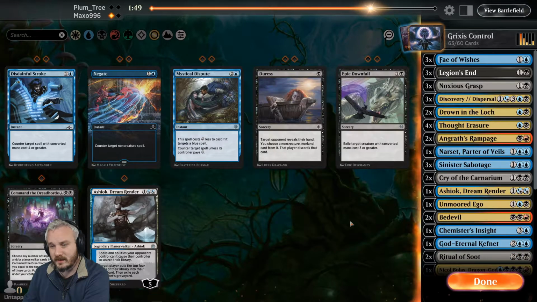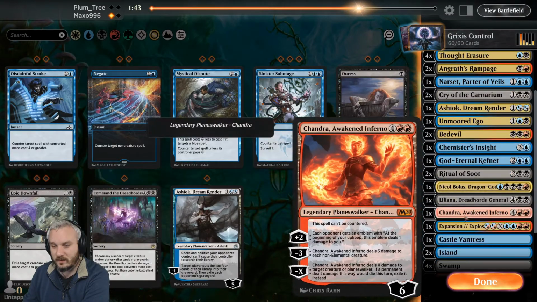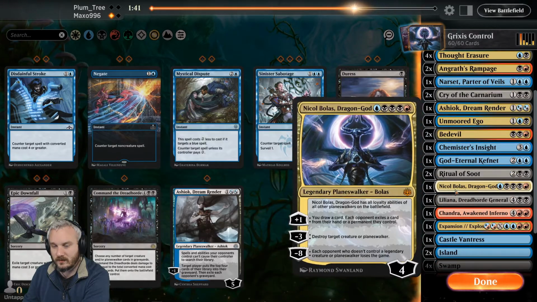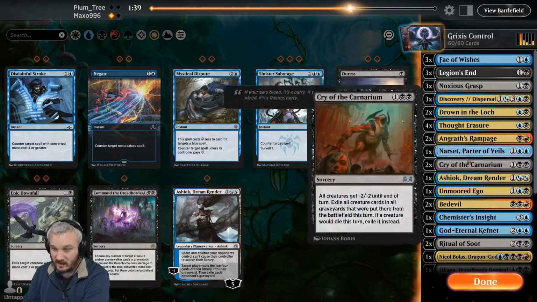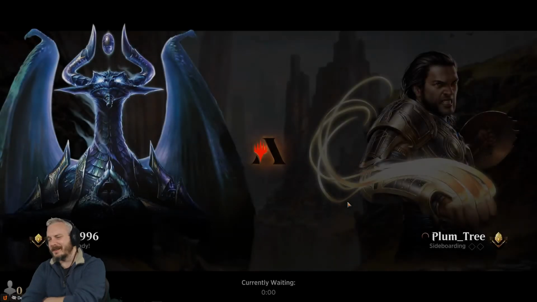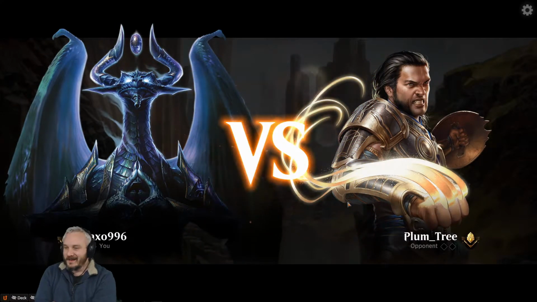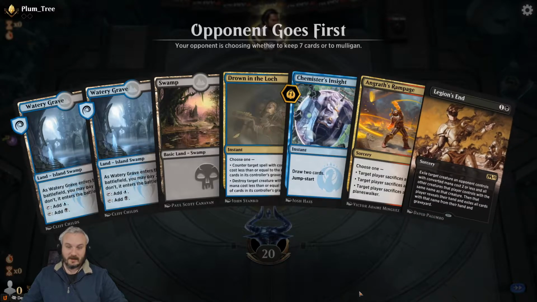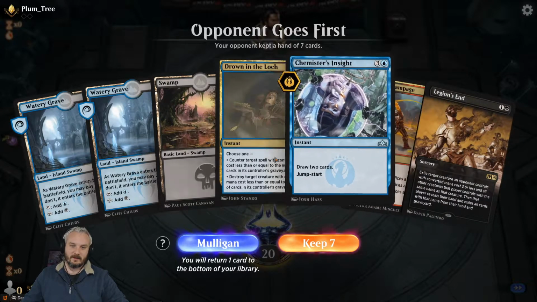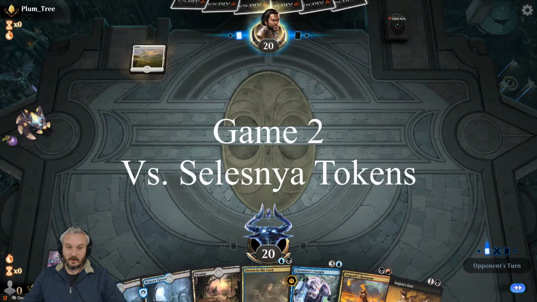Mystical Dispute, I think no. Sinister Sabotage. I think that might be it, guys. 1, 2, 3, 4. Yeah. Yeah, we'll go with that. If we see Unmoored Ego, ooh, it saved us against the Loxodon there. Oh, I knew it. I had a feeling. Oh, that is good to have in the opening hand. That too, really. All of this. This is pretty good. I do need a red to be able to cast a Rampage, but